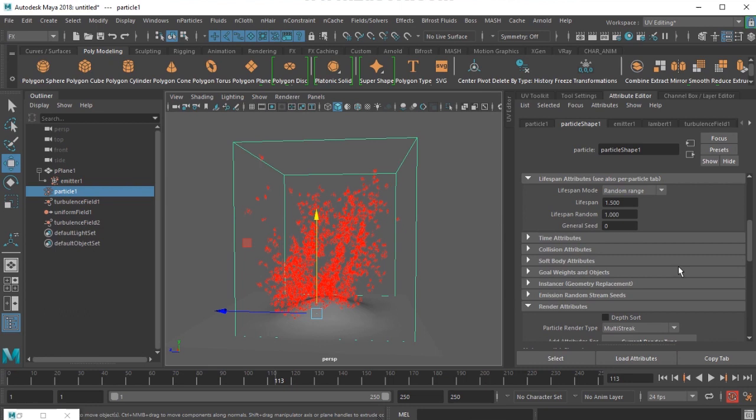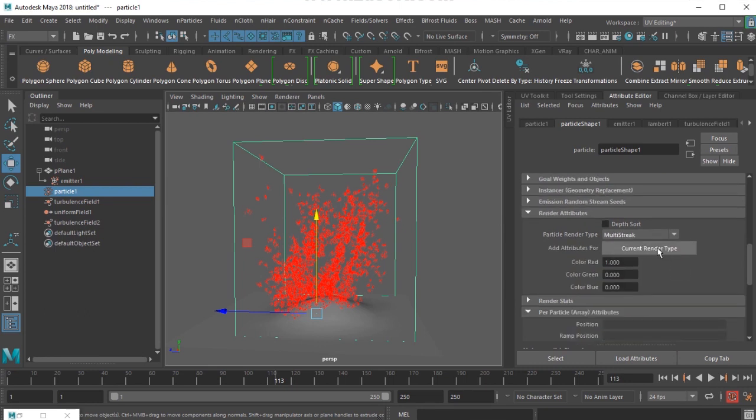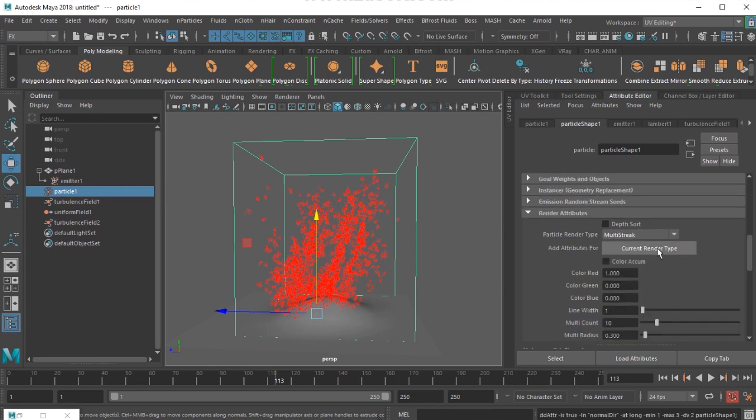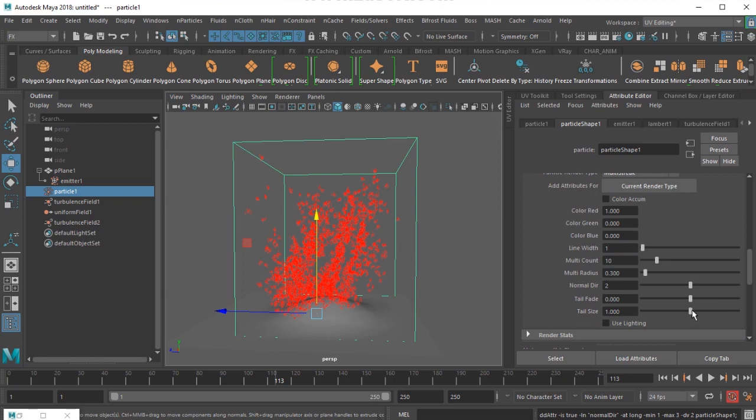I can select the particles and then change the tail size by clicking the current under type a little bit more.